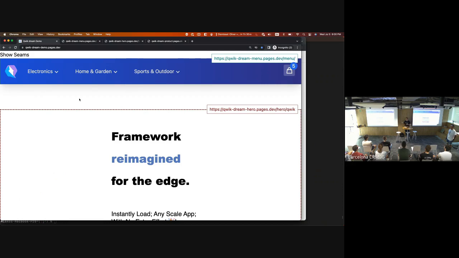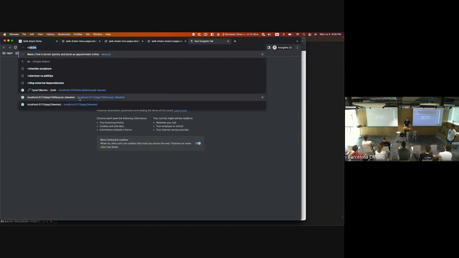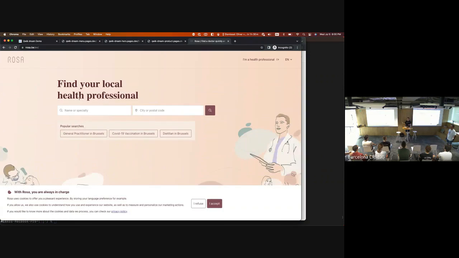And so I think the people who are adopting it right now are people who really, really care about performance, right? There's a company who are one of the first people that adopted it, Rosa BE. It's a Belgian company that, notice how fast the site came up. That's crazy. You hit enter and the site's up, right? And what they care about is they want to make sure they get as good of a score as they can on Google,